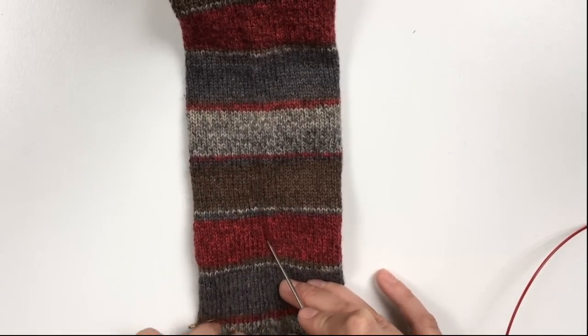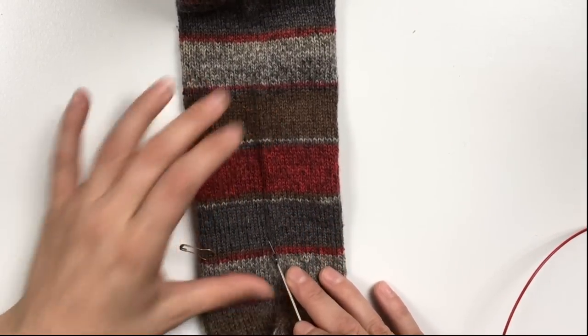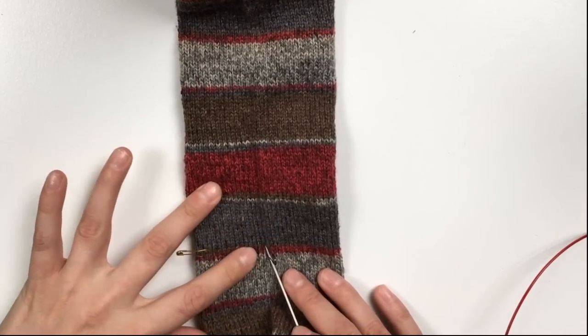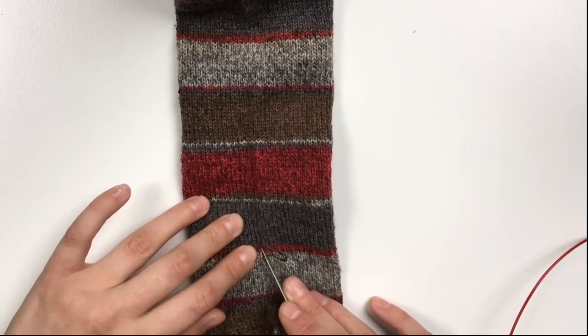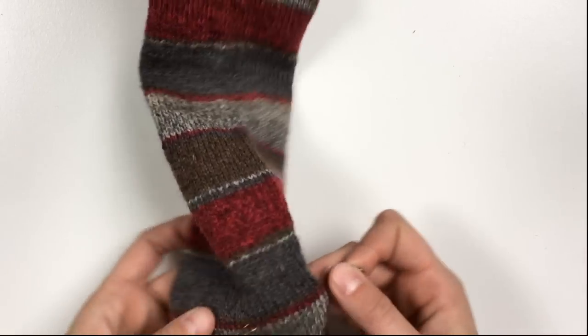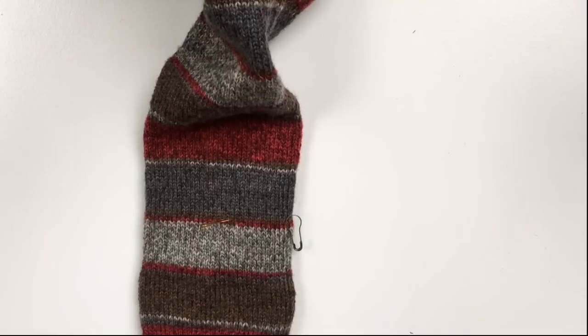Now I've already done this, so I'm not being super precise anymore, but follow your stitches all the way down to where your halfway point is, and then find your beginning of round and put another removable stitch marker or safety pin just right in there. Now when we cut these in half, we're actually going to be using 3 rows kind of,